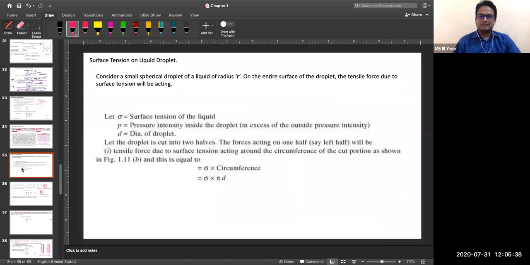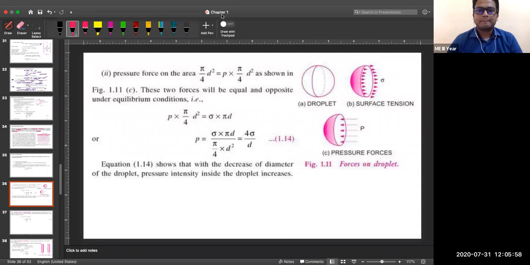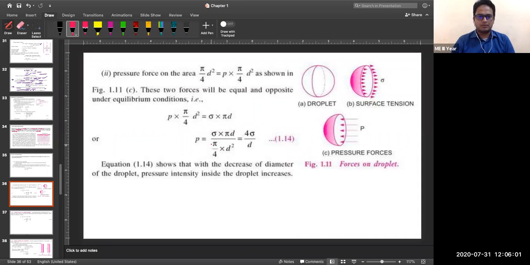After that we have seen the derivation for surface tension of a liquid droplet. First we have seen the surface tension for a liquid droplet, then for a soap bubble, point number 2, and we have seen the surface tension for a liquid jet also. Okay, so one by one we will see the formulas so that we can solve the numerical today. So this is your first formula. Anyhow, you have to remember this derivation, so it will be easier for you to remember this formula.